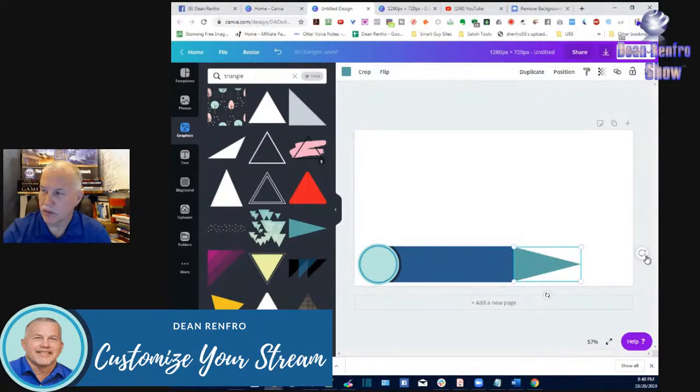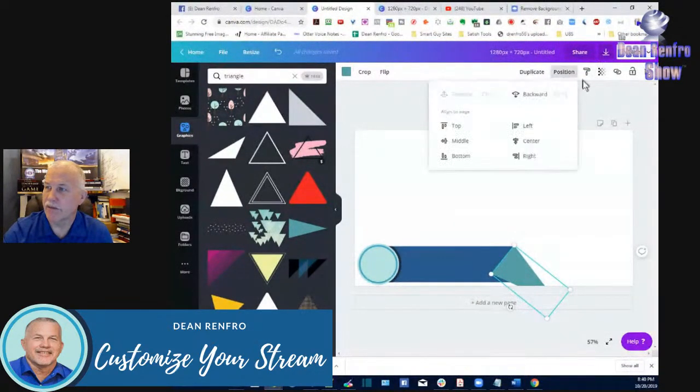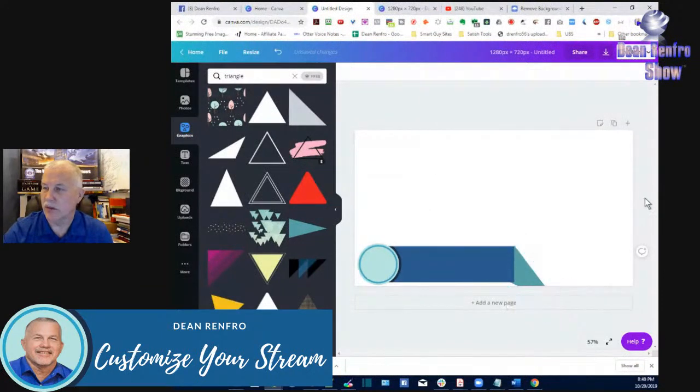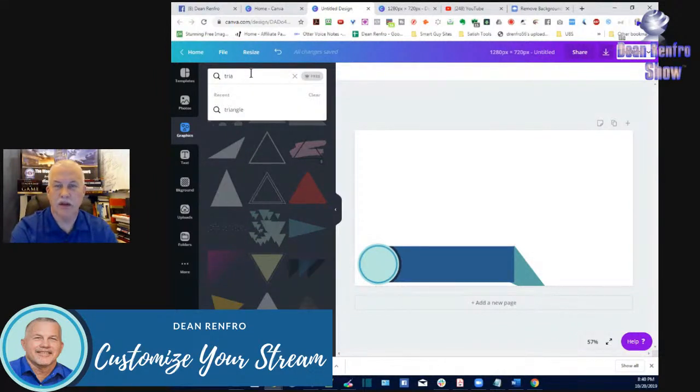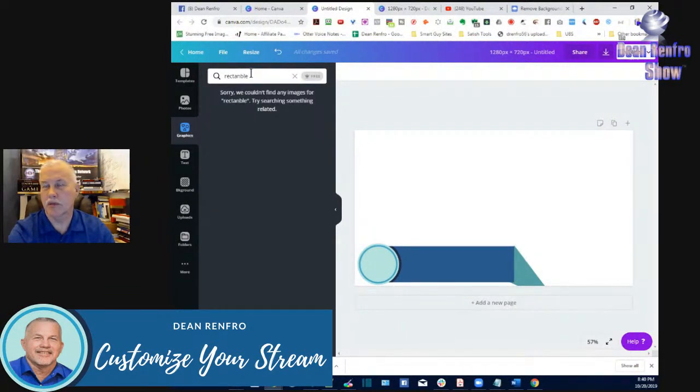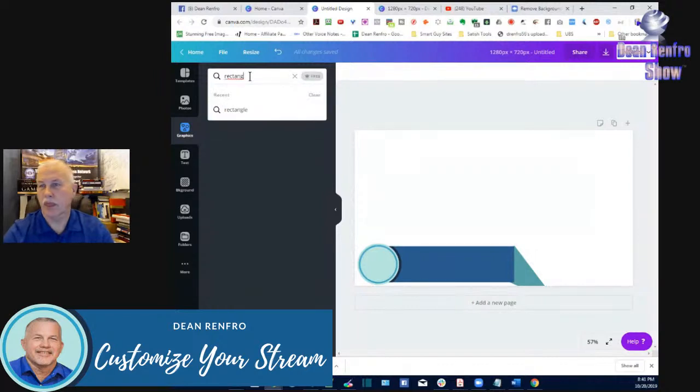I can spin it. Like if I wanted to create an end on this thing a little bit, like that, and then I could just send that to the back, and I could do something like that. If I wanted to put a box back there behind it, I could just do a rectangle. Whoops, can't spell. Helps to spell, right? Do a rectangle,